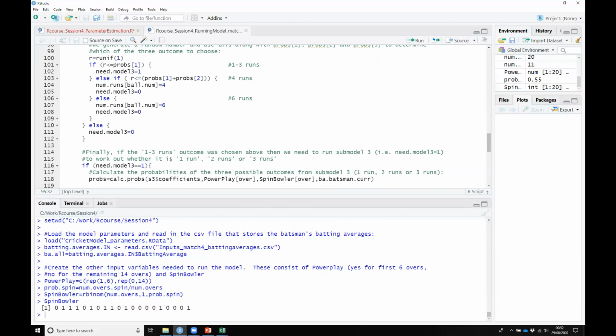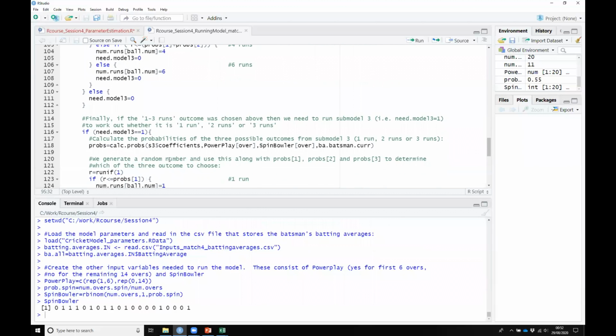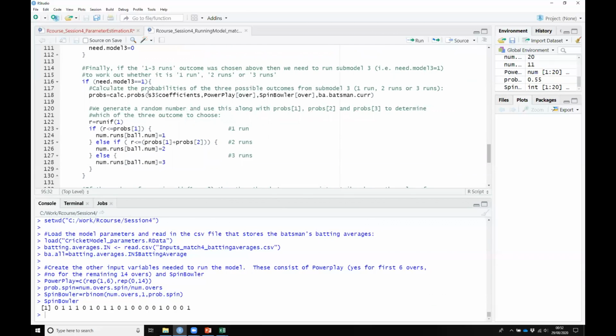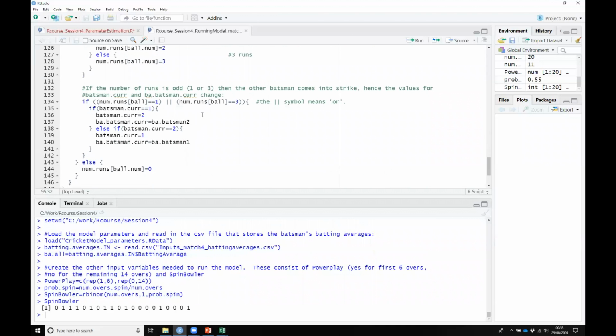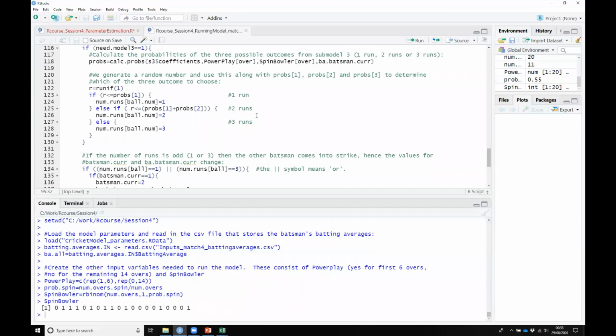Right, and then if we use the third model, it's the same setup as before, with 3 different outcomes: 1 run, 2 runs, or 3 runs. And then finally, the third submodel is the first time where we can have an odd number of runs. If you have an odd number of runs, because there are 2 batsmen in play and they're running back and forth between the 2 wickets,